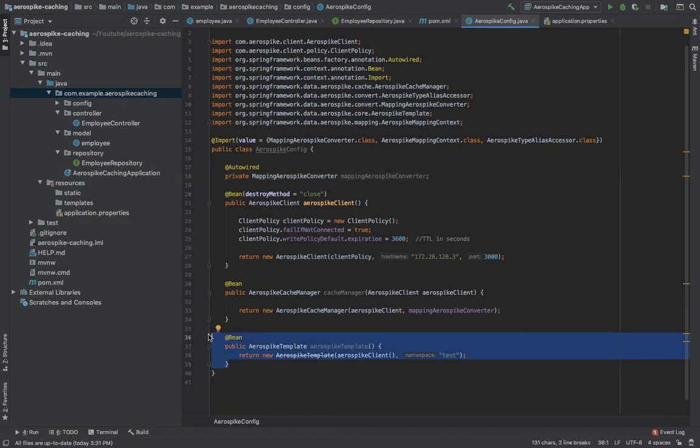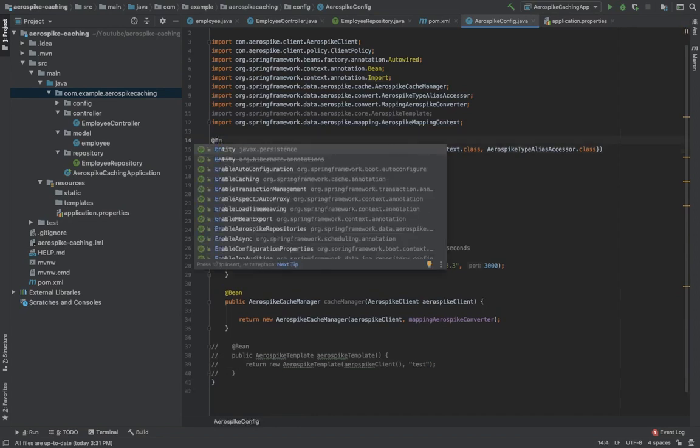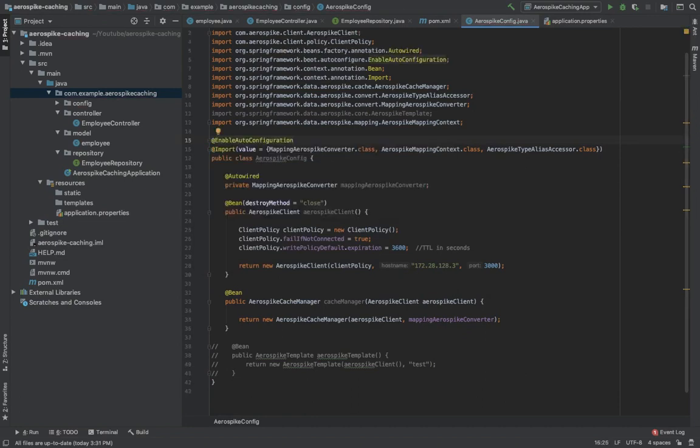I don't have it, so I'll comment it out. Here, if your namespace is different from test, you have to replace this with your namespace. Then we have to enable auto configuration here to add the rest of the default configurations to this class.